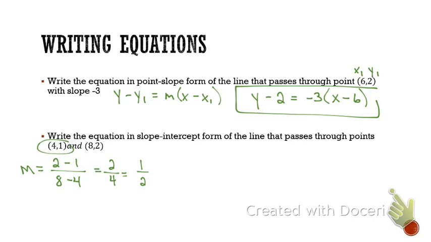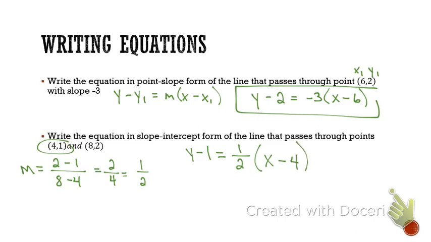You plug it in: y minus your y1, which one is that? It's going to be 1, equals m, that's your slope, 1/2 that you already solved for. That's why you have to do slope first. Times x minus